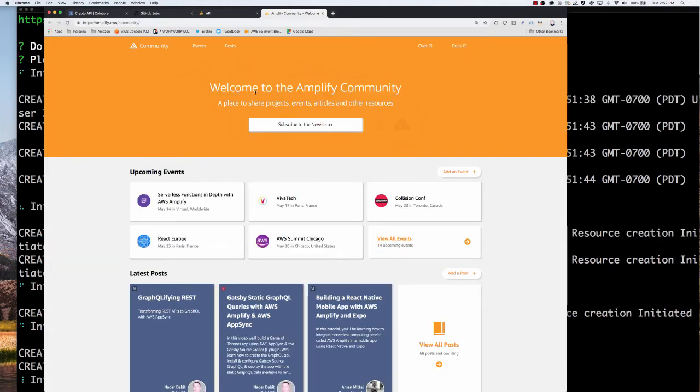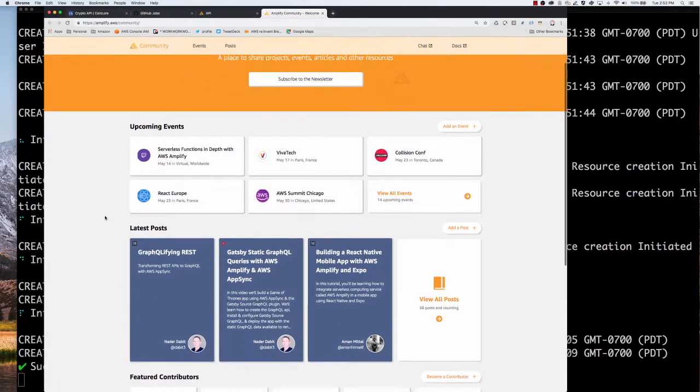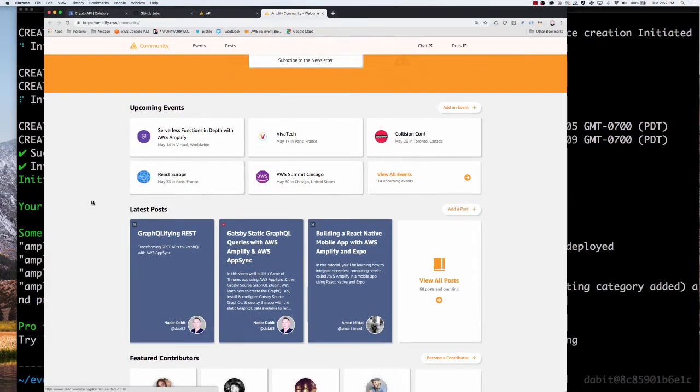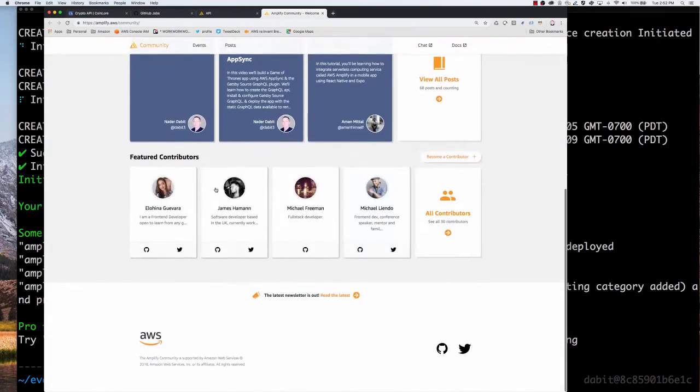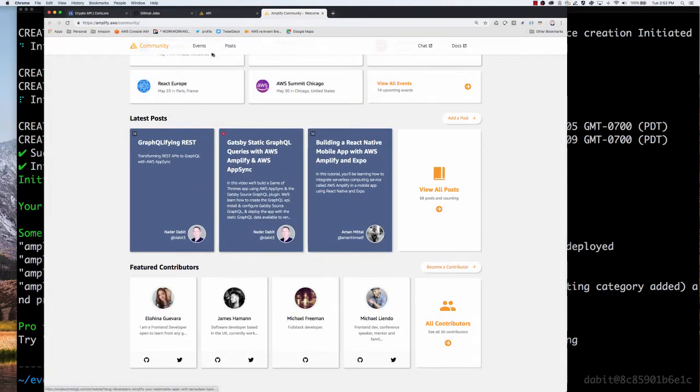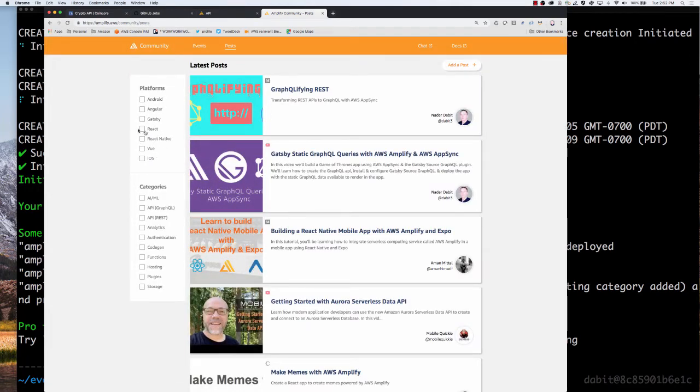The Amplify community is a site that we just launched a week or two ago. This has community resources, upcoming events. A lot of these events are free. Some of them are not. But for instance, you see the serverless functions in depth. That is what I'm doing now. We also have a lot of posts. So you can go to posts and filter based on different categories, and you can also see